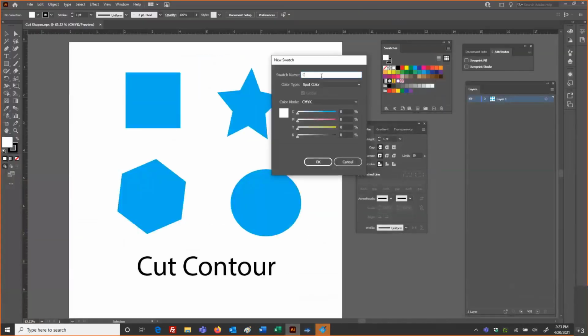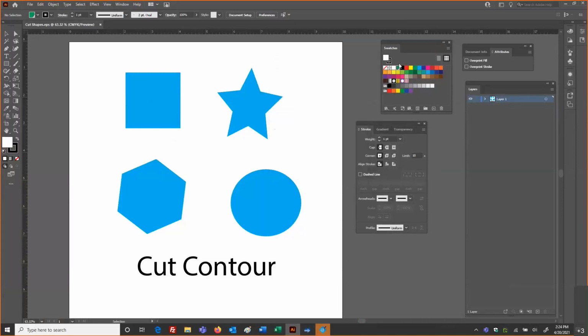So I'll go with our typical contour. And the color is not really going to matter so much as it is a display color. Some people will suggest making it a very bold color so it stands out, a flashy, bold, brilliant color that really stands out, and we know, well, that's our cut path. So I now have my spot color created as cut contour. I'm going to apply that to the shapes.